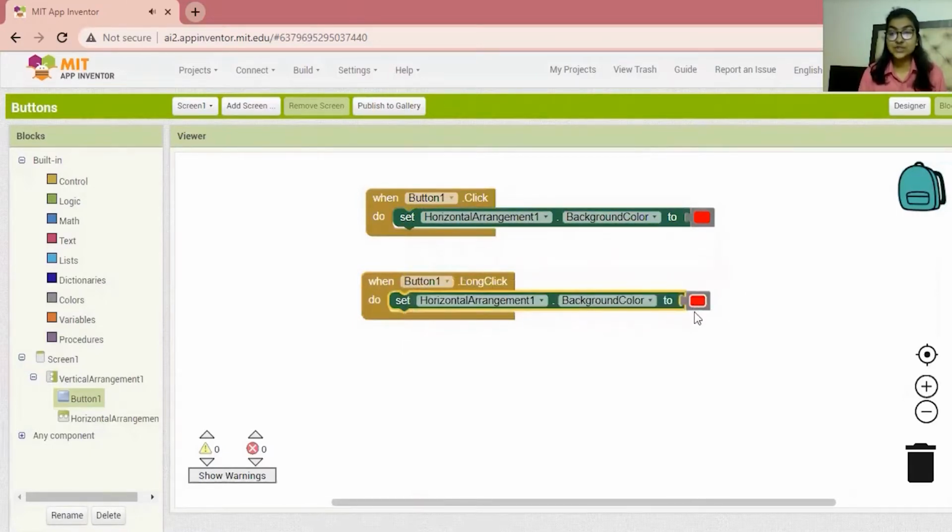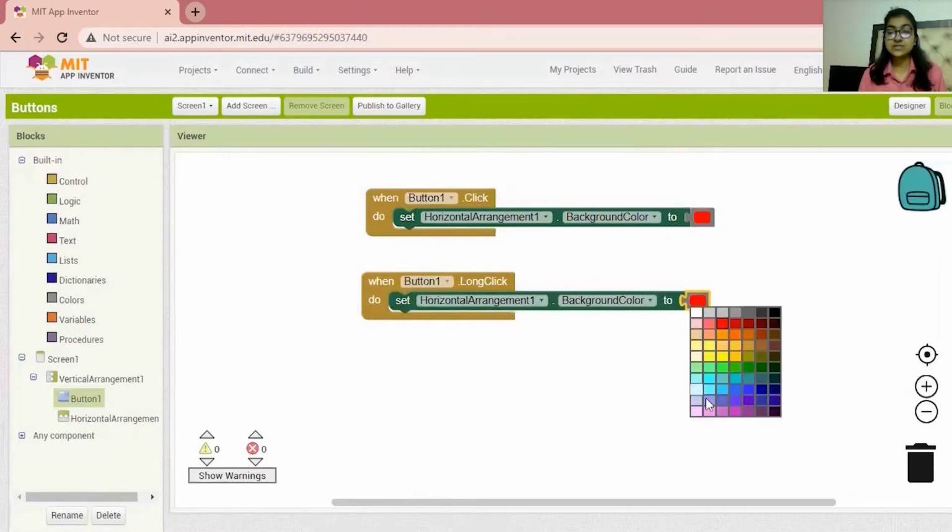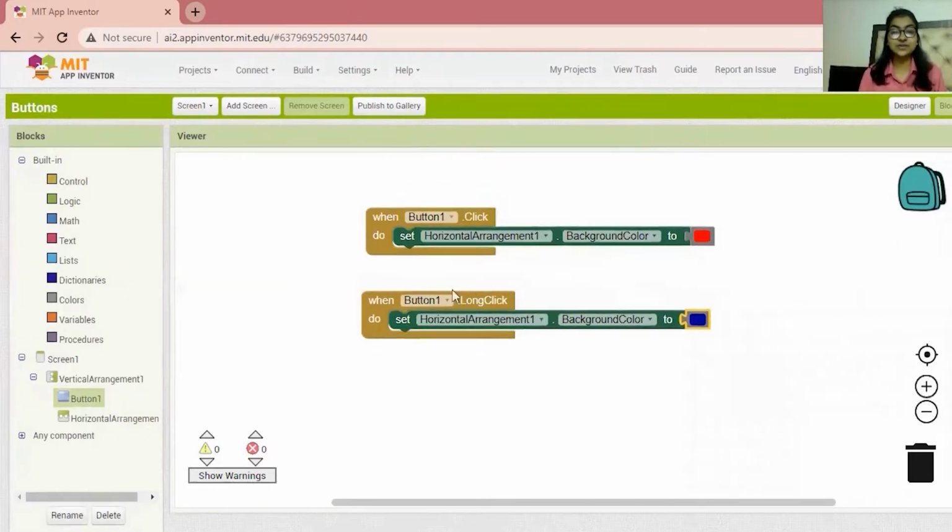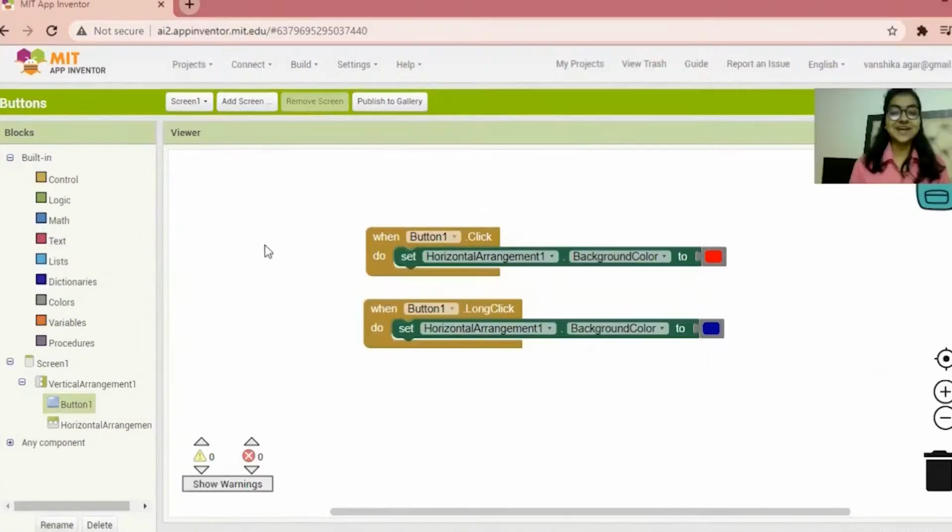But we need to change the color, otherwise it won't be visible whether we have long clicked it or clicked it. So we'll click on this color. As you can see, there are so many colors. I'm going for blue. You can choose whatever color you like. That was all for the coding part. We are done with the design part also.